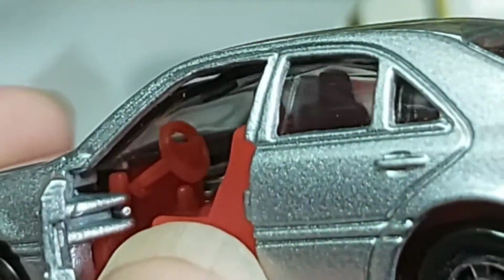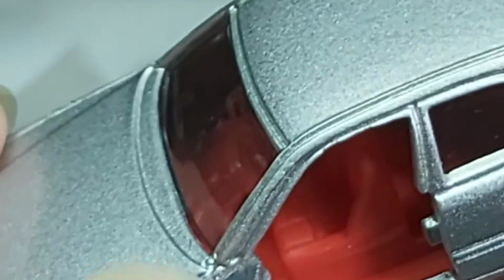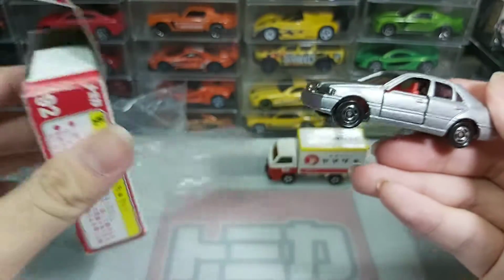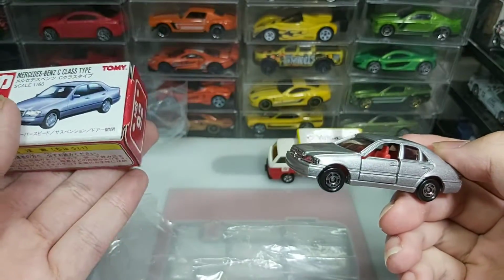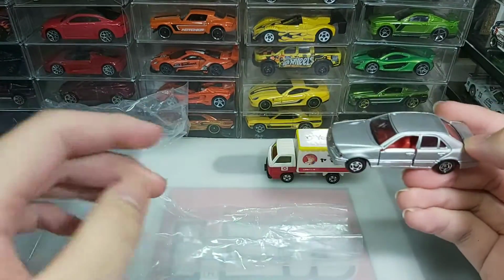The steering wheel is pretty nicely made, the gear shifter and other things. Although there is no dashboard or something, it's pretty decent interior for a car that was made in 1997 as a diecast. You know, it's pretty acceptable. Yeah, I really like it. But